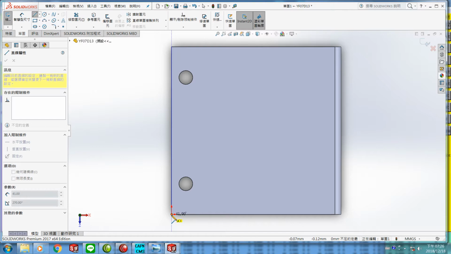Go to the second point. As the point highlights, press the left button of the mouse, and still you can see the rubber band. To the third point, the highlight, and press the left button of the mouse. The same to the first point: after the point is highlighted, press the left button, and then go back to